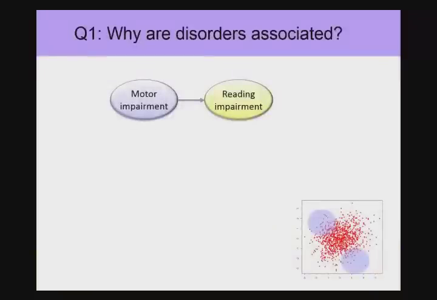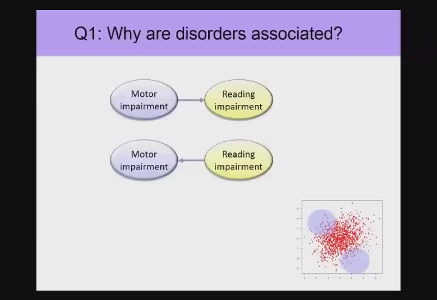So what interests me is, why are these things associated? For example, could it be that motor impairment causes reading impairment? Doesn't seem terribly plausible. It's perhaps more plausible that being autistic might cause a language impairment, or even that having a language impairment could cause autism. But generally, these sorts of pure causal associations, where one thing has led to the other, don't seem terribly plausible,